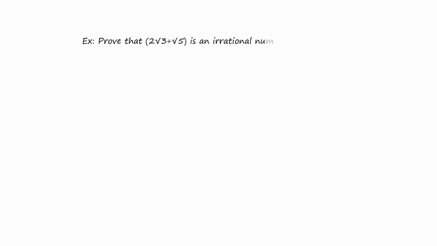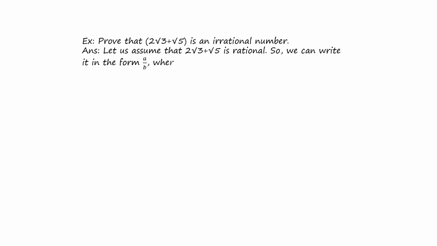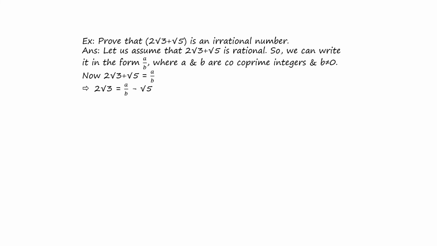Prove that 2 root 3 plus root 5 is an irrational number. Let us assume that 2 root 3 plus root 5 is a rational number. So it can be written in the form of a by b, where a and b are co-prime integers and b not equal to 0. Now 2 root 3 plus root 5 equals a by b, or 2 root 3 equals a by b minus root 5. On squaring both sides, we get 2 root 3 whole square equals a by b